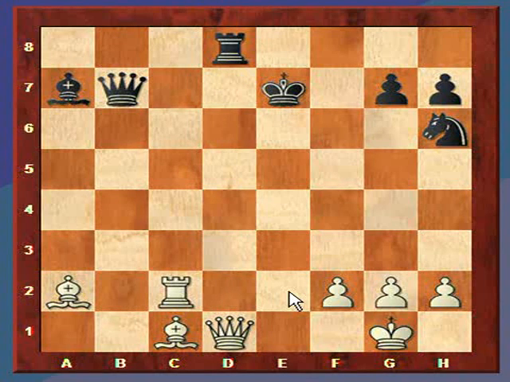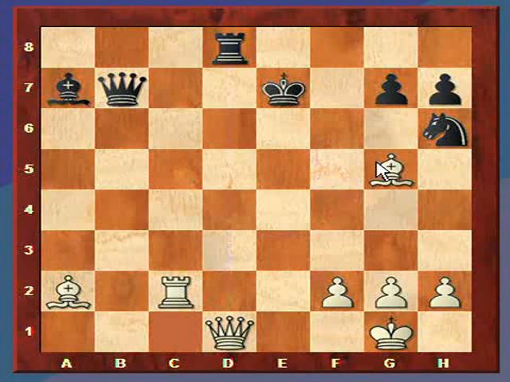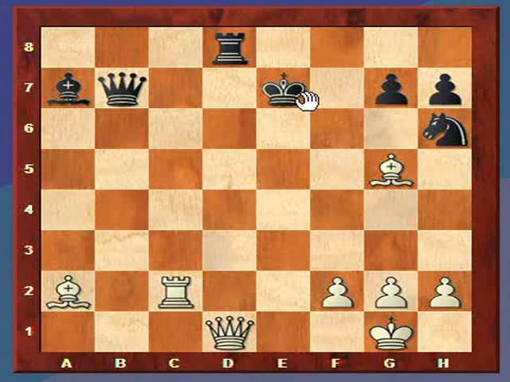Well, now white can employ the tactical idea of the skewer by moving to here. And let's just cover this, this is an example of the skewer. So once again, we have the bishop delivering the skewer. Here's the line. I've drawn the line, so it's an attack of two pieces along the same line. Okay, and the two pieces involved are the king and the rook, and obviously the king is